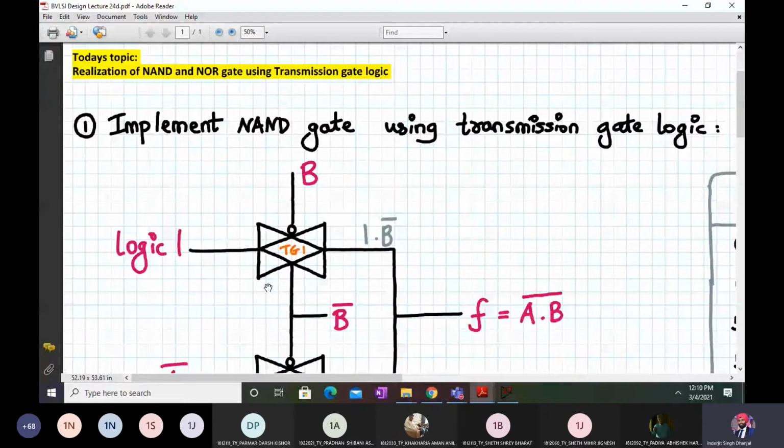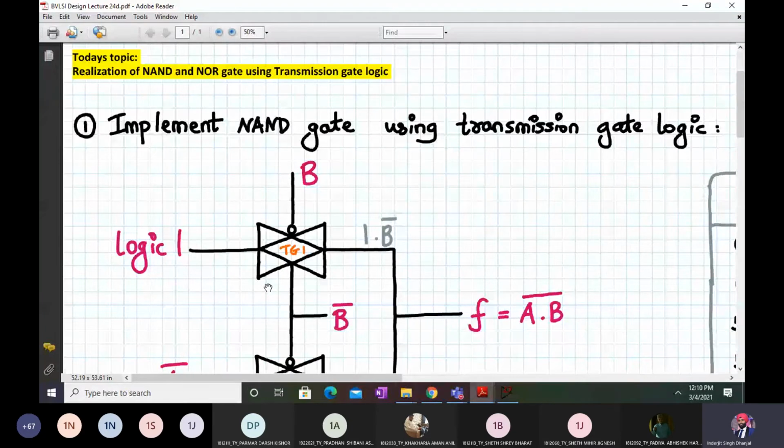Those who have done it, kindly attach the image, so that you can be sure. I'll wait for another 30 seconds. The question is, implement 2-input NOR gate using transmission gate logic.